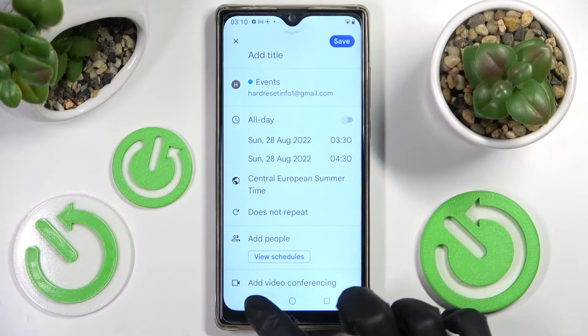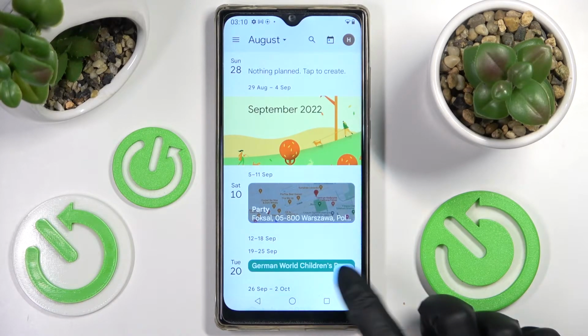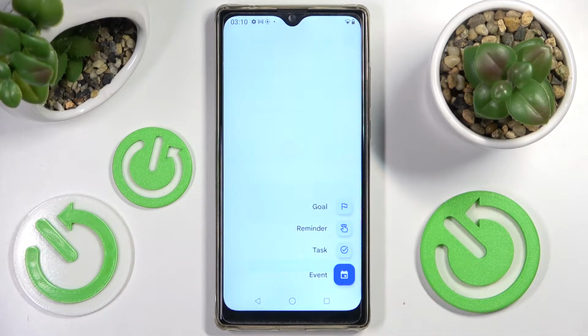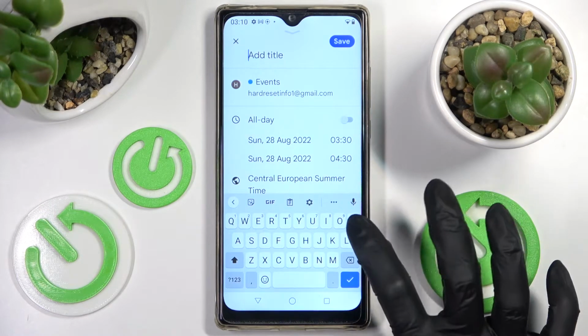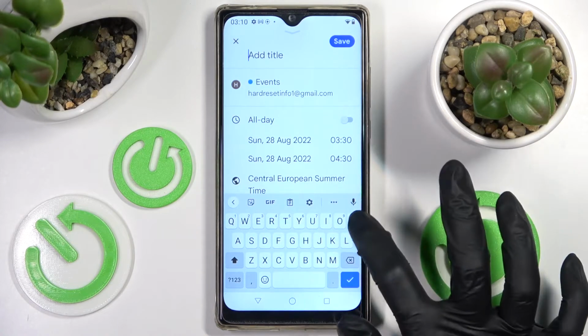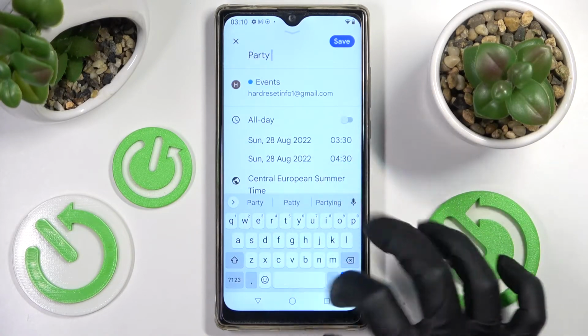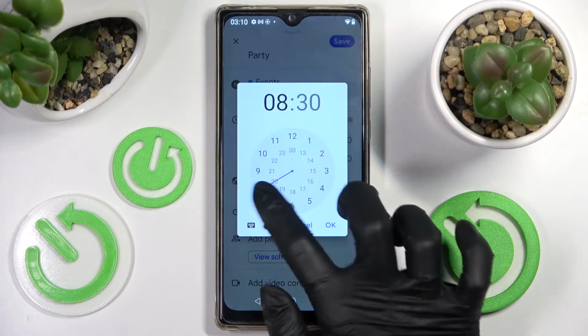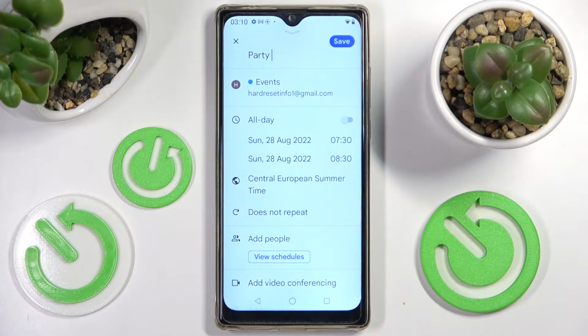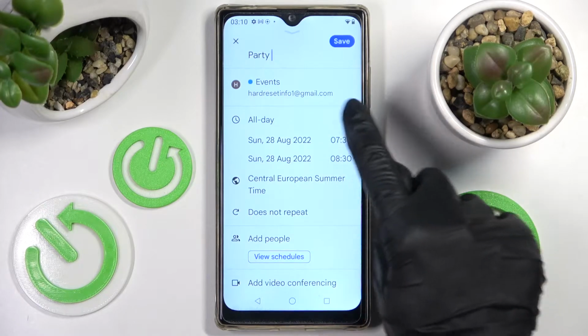But you can also tap on this plus icon at the bottom right corner instead and choose event. Either way, now you can adjust it however you wish to. For example, add a title to it. Now you can pick starting hour of your event and ending one. If you don't need to do that, you can always tap on this switcher next to all day to disable